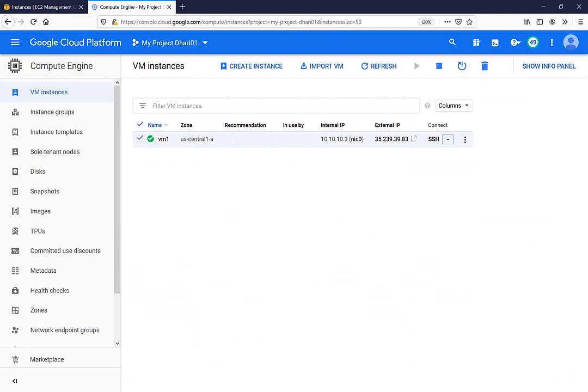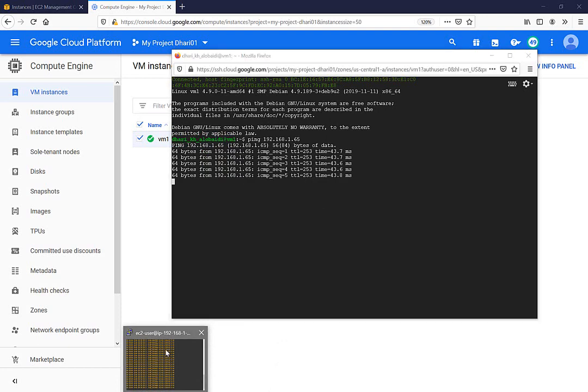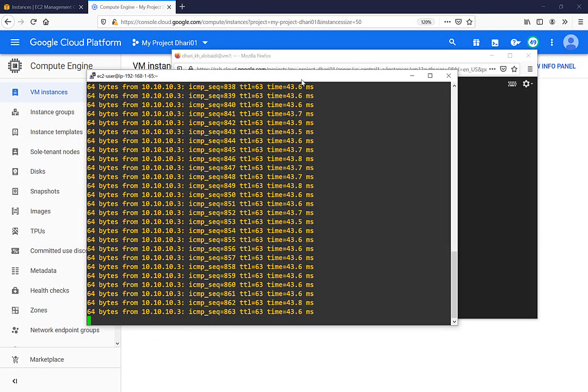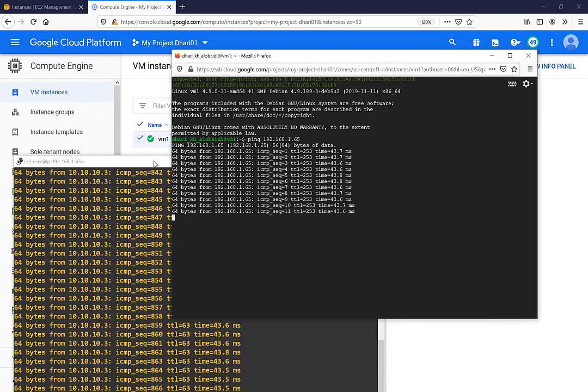So let's try it. From here I just ping 192.168.1.65. Enter. As you can see here as well,